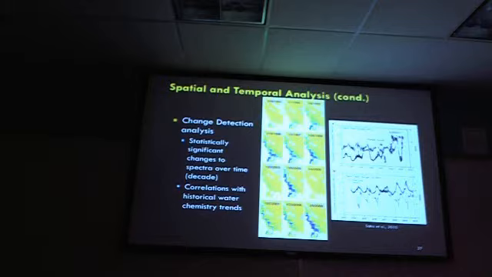It's 1993. This is after Andrew. I'm not sure what this one's after, but this is after Wilma and Katrina. So you can see some changes related to that. But what do these changes have on evapotranspiration? What do they have on changes in water chemistry? And can we use these changes through time to look at the sea level rise